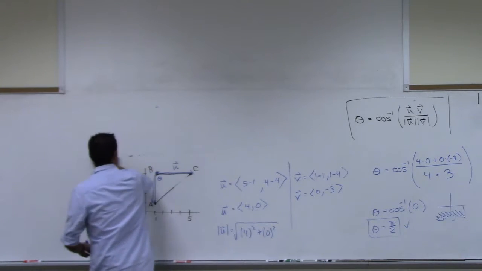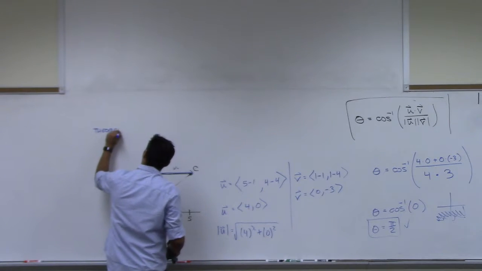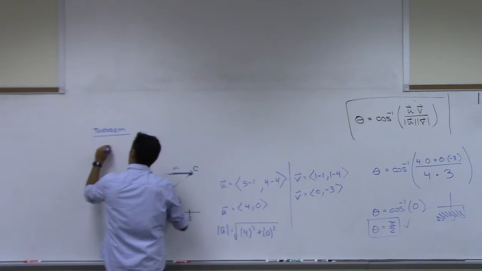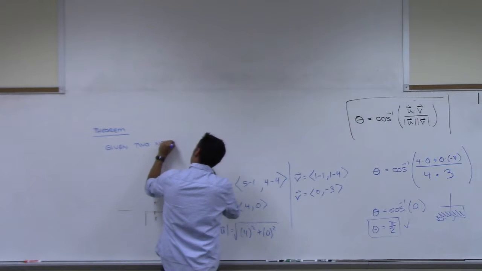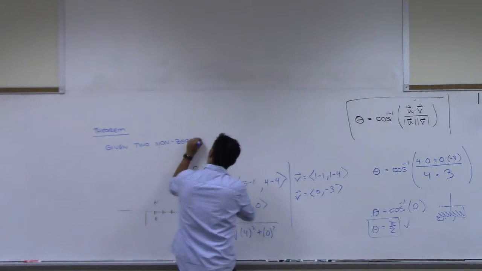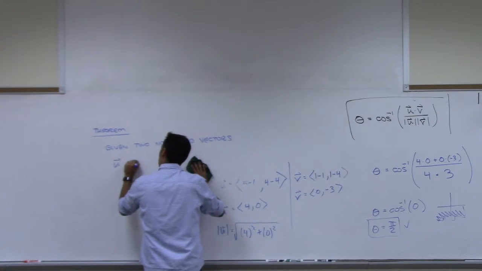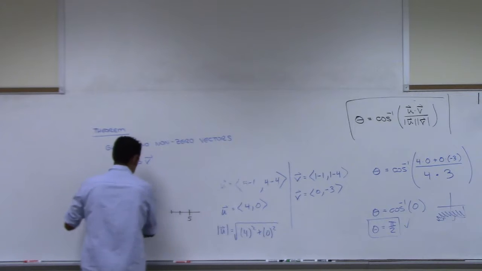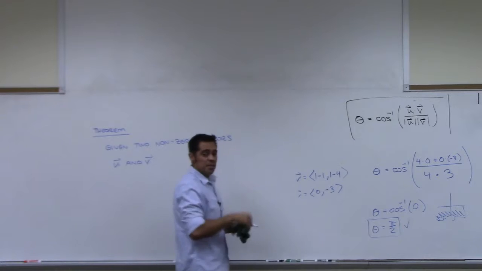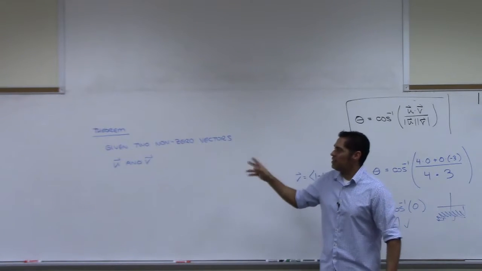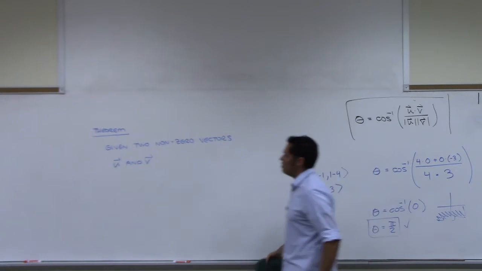So this is a theorem. It says given two non-zero vectors, u and v. What do I mean by non-zero vectors? Yeah, they have some direction. They've got some magnitude on them. Remember there is a zero vector? So as long as the vectors we're talking about are not the zero vectors, then given any two non-zero vectors,